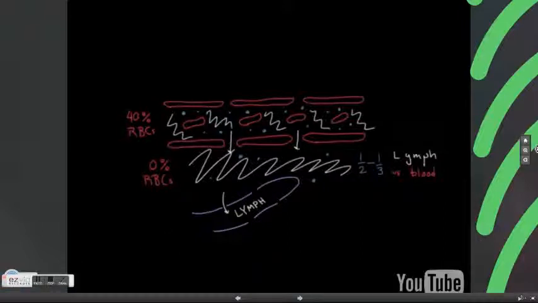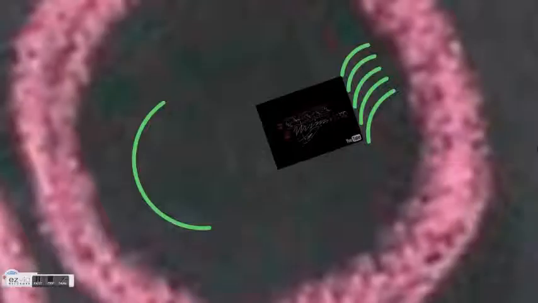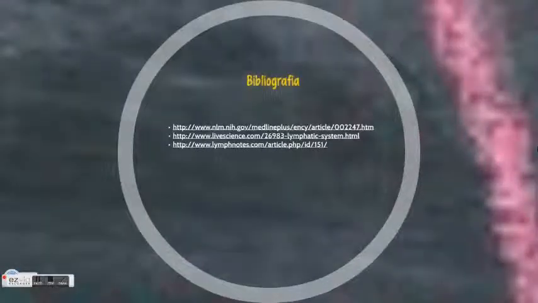So another thing we can ask ourselves is what kinds of proteins are going to be in this lymph. Since we said that there were so many different kinds of proteins in the blood, which ones are going to get into the lymph? And actually,